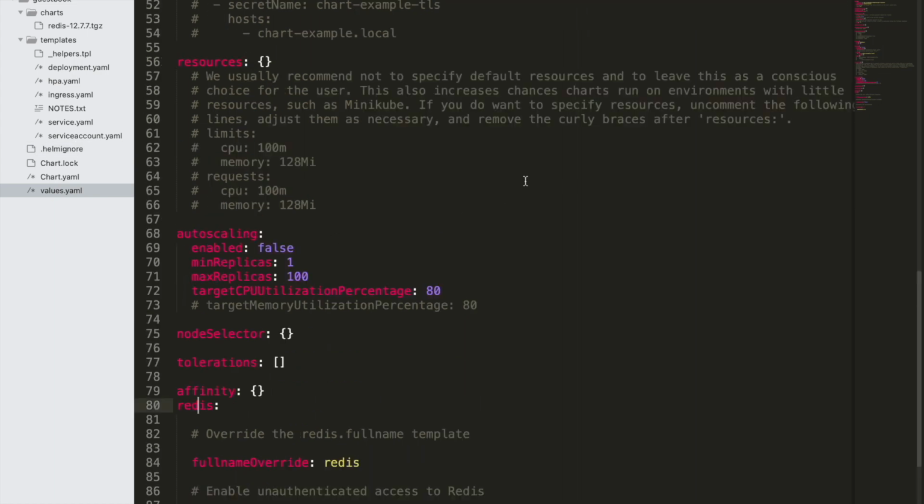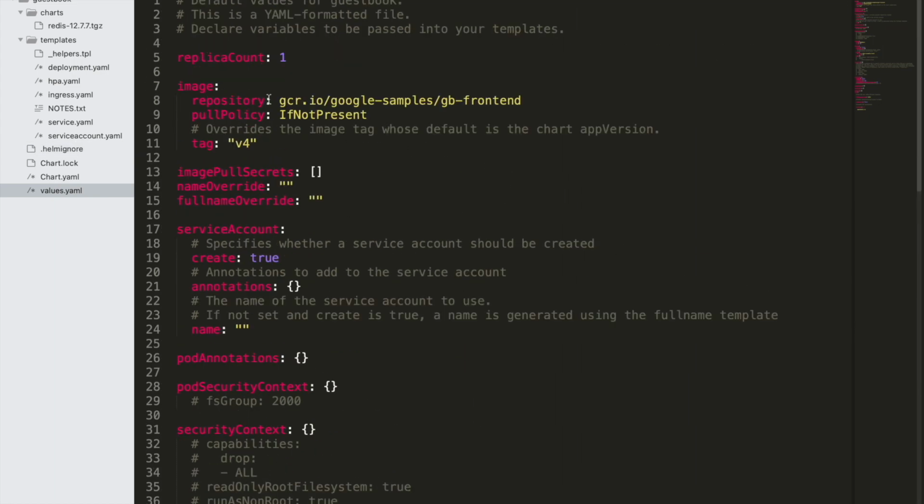If I go to the values.yaml file, generally it was the Nginx service. So you can use whatever image you want to use for your application. In this example, we are using this, and in the tag, I have provided the version of this particular image. Okay. So this is how you can override the values.yaml file to use your particular image.